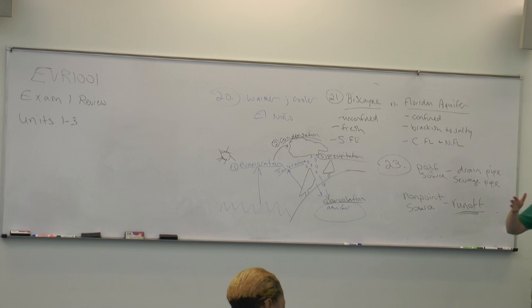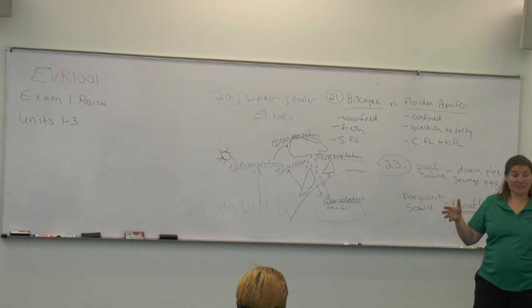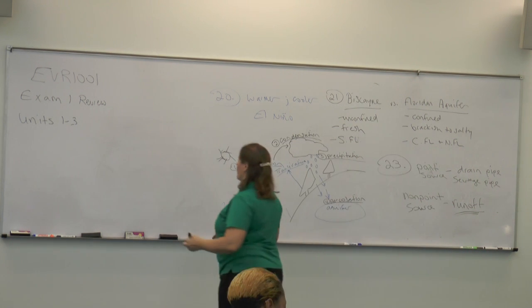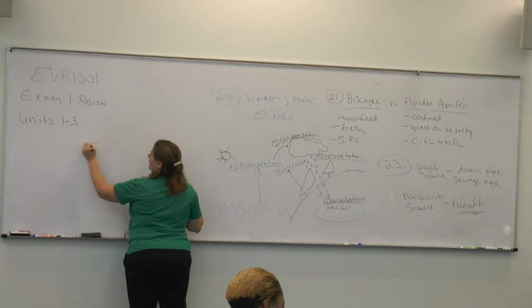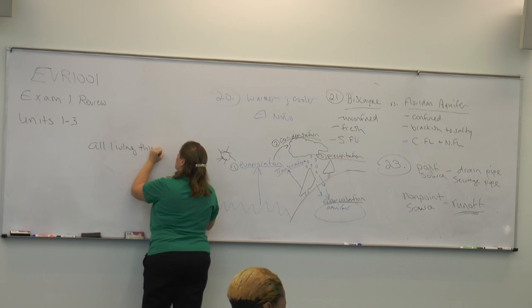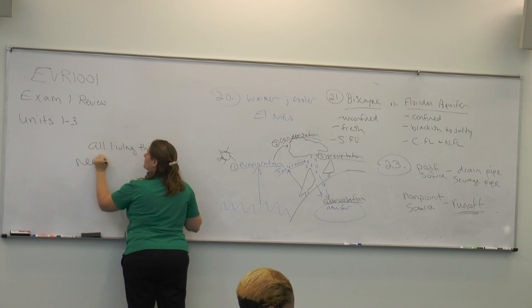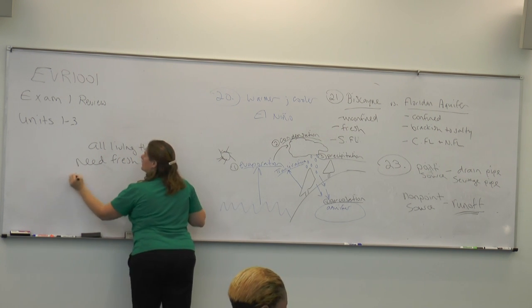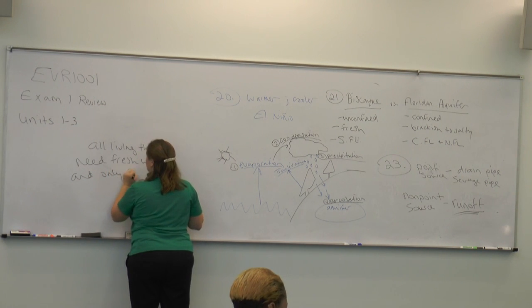So basically all living things need water to survive, and only 2.4% of all the water on Earth is fresh. Okay? All living things need fresh water. And only 2.4